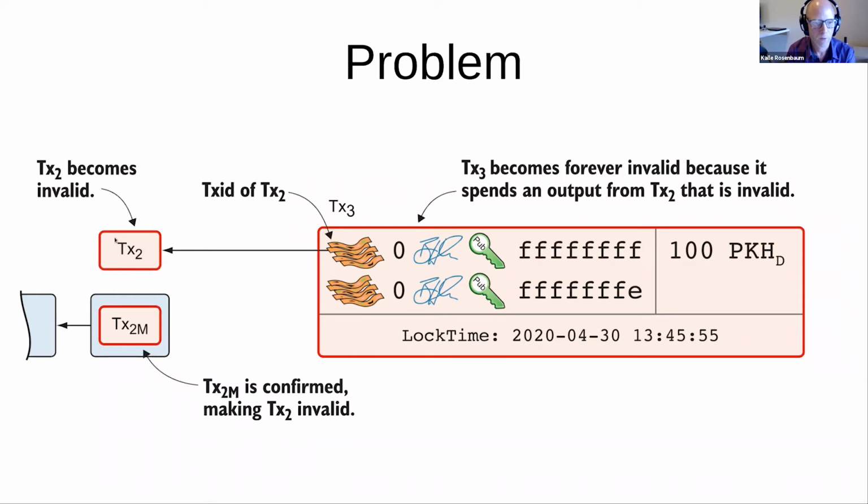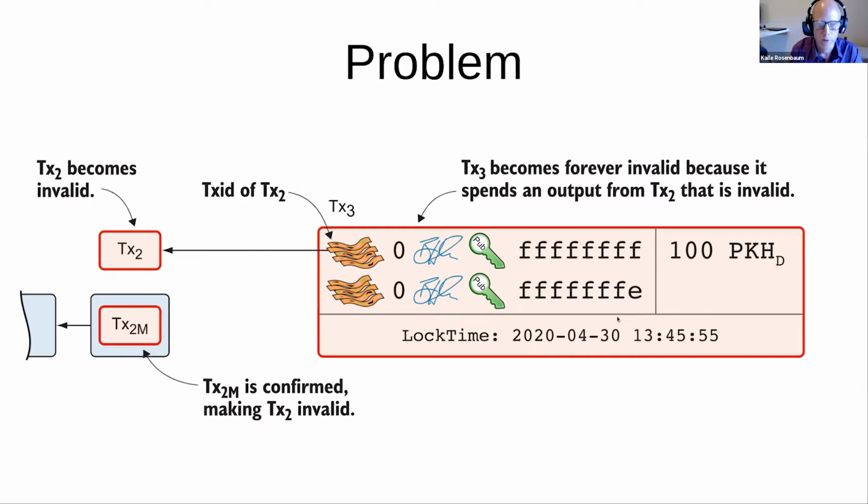So this is trying to spend already spent coins, which makes this transaction invalid. And if this transaction is invalid, it also means that this transaction is invalid because it spends an invalid transaction like this. So this transaction that you intended to publish later